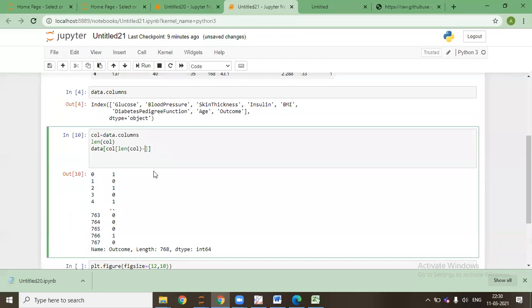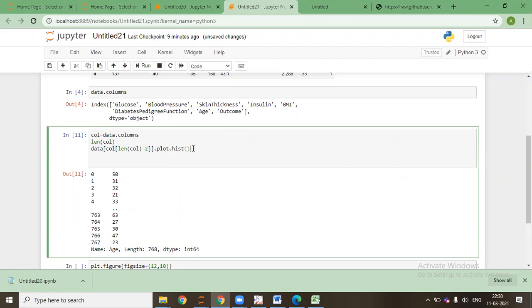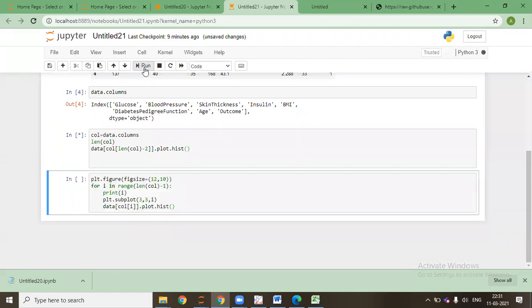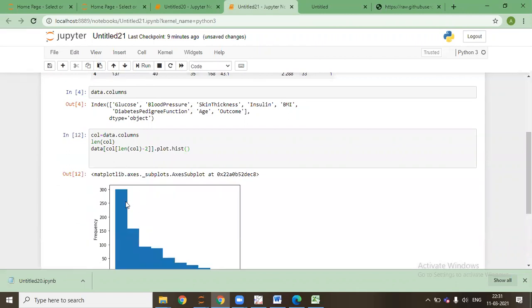I'll say column minus 2. This will show this value. I'll say dot plot dot hist. I'll say run. This is a histogram that is coming.